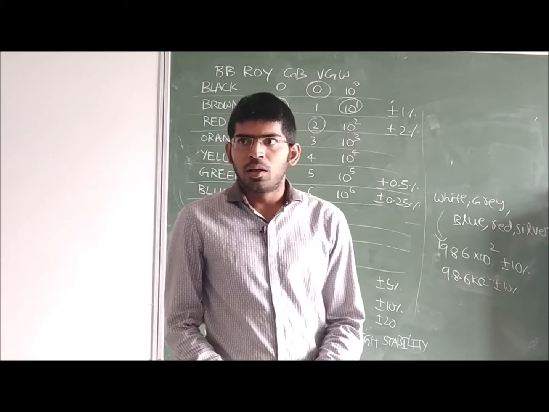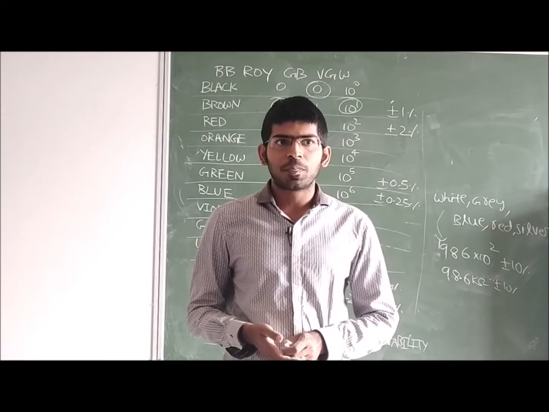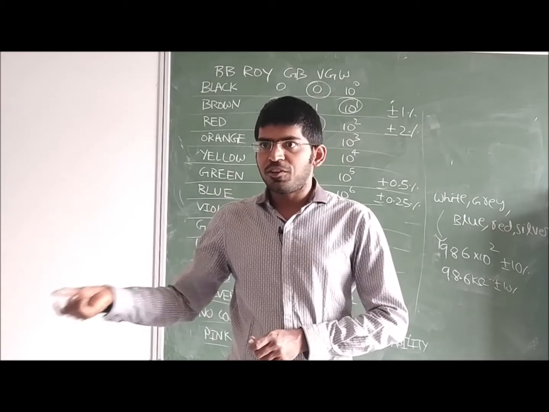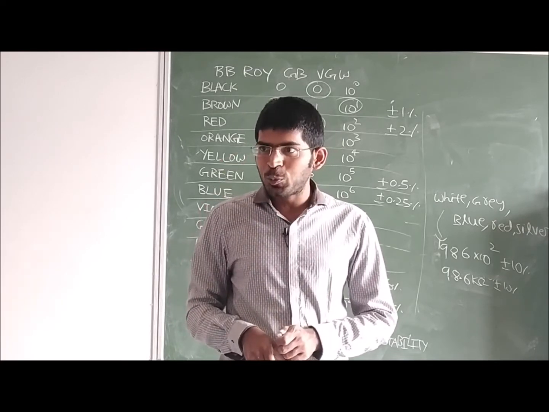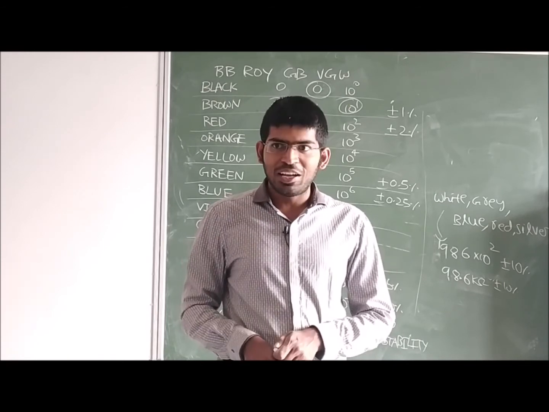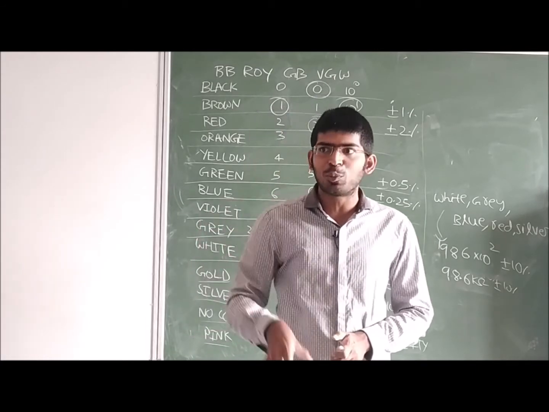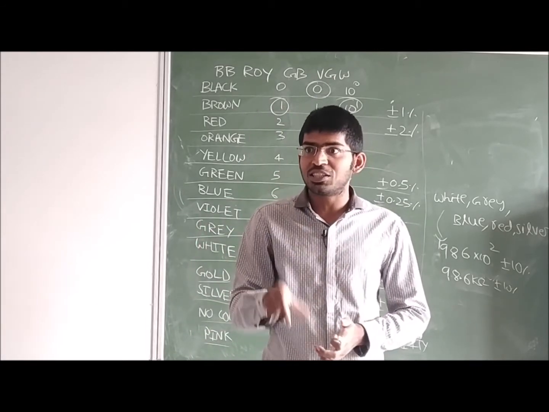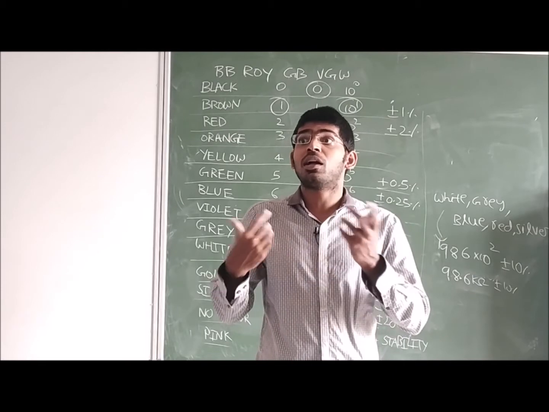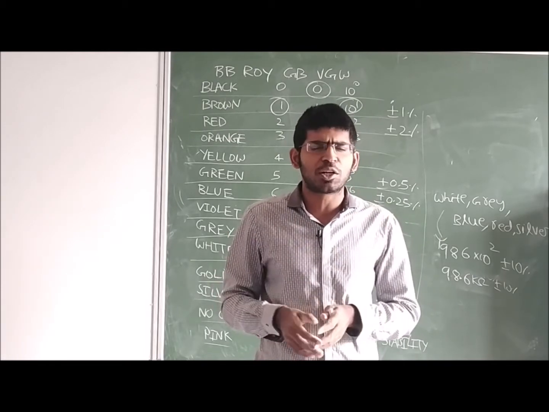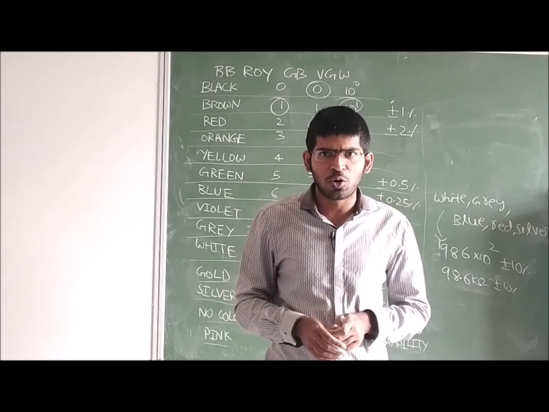This is how, when we have colors, we can indicate the resistance value, and when we have the resistance value, we can verify with the physical resistors whether those colors are available or not. This will be definitely useful to you until the end of your engineering. Whenever you are doing a project, when you see the circuit diagram, there they will ask for a 2.2 kilo ohm resistor, then you have to find whether that particular resistance value is 2.2 kilo ohms or not. If you use a different resistor, the project result may not come. Even in a very big project, changing one resistance value may change the output of your entire project. Okay?